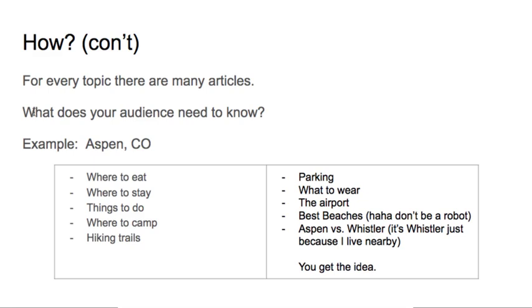Then, this is interesting for anyone in travel: you could do the versus. I don't see that a lot. Obviously, New York versus Chicago, there's probably lots of stuff out there, but get down to the smaller towns: Aspen versus Whistler. Now blow that up, right? Aspen versus Vail, Aspen versus, I don't know how many resorts there are in the Alps. You could literally come up with hundreds of comparison articles. You could do a chart and a whole bit just comparing them.